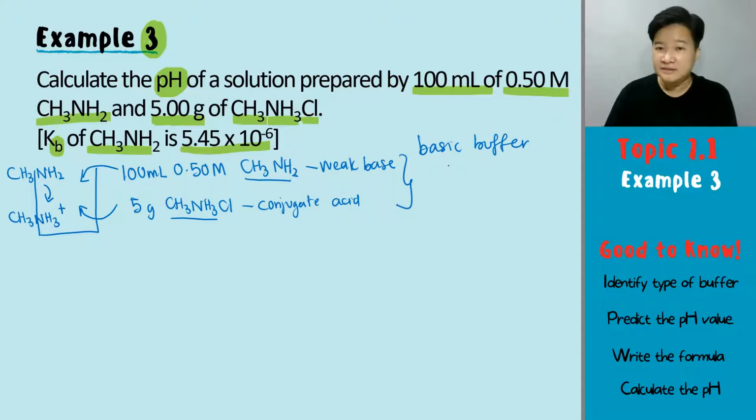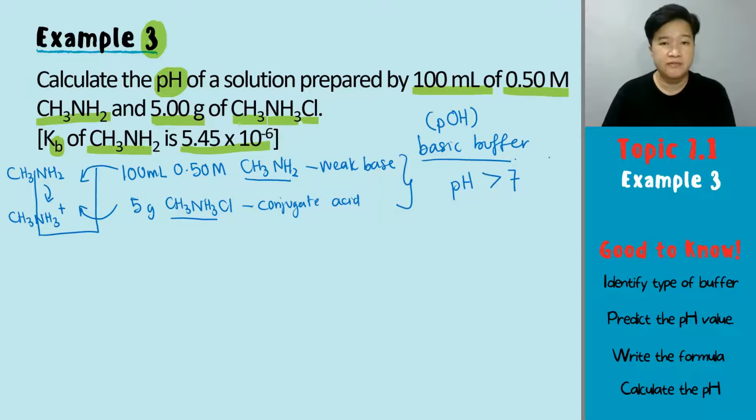Okay? And since it's a basic buffer, you know that you must calculate the pOH first. Make sure you know which formula to use by now. Since it's a basic buffer, we know that the pH calculated must be more than 7. So identify the type of equation or the formula that you will use for this basic buffer. The formula that we will use, definitely pOH equals to pKb